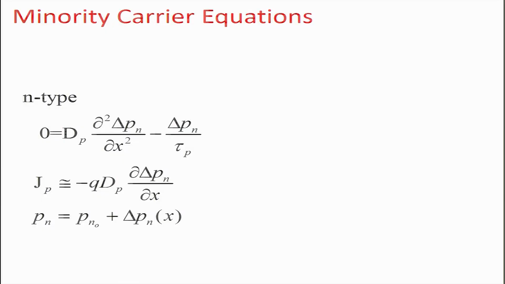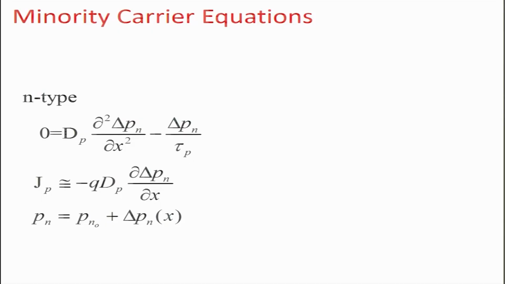So, minority carrier equations can be written as follows. If you remember, we talked about the continuity equations, right. So, del n by del t or del p by del t. Now, if we take steady state conditions, then for an n type semiconductor one can write the minority carrier equation as follows. Because the electric field is equal to 0, you are not going to have drift current, you are not going to have generation, and you are going to have some trap assisted recombination in the bulk region. Because we are ignoring the depletion region, we are looking at the bulk region.